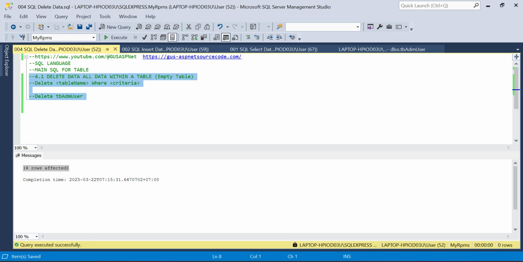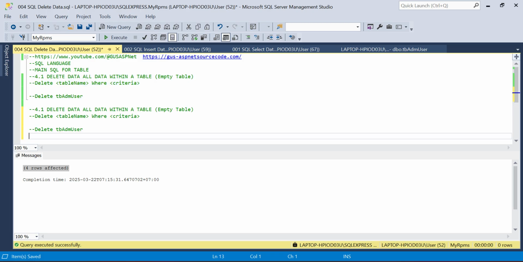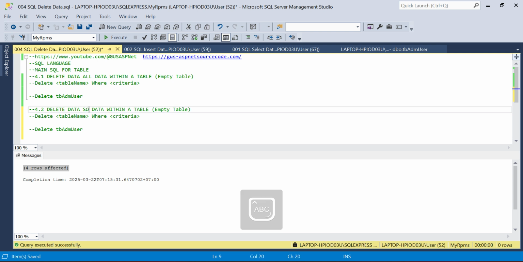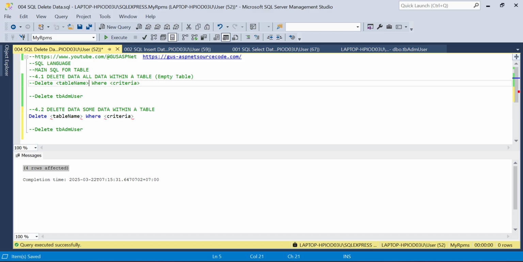What if I want to delete only some data within a table? Okay, this is how. Delete the table name where criteria. Let's demonstrate.